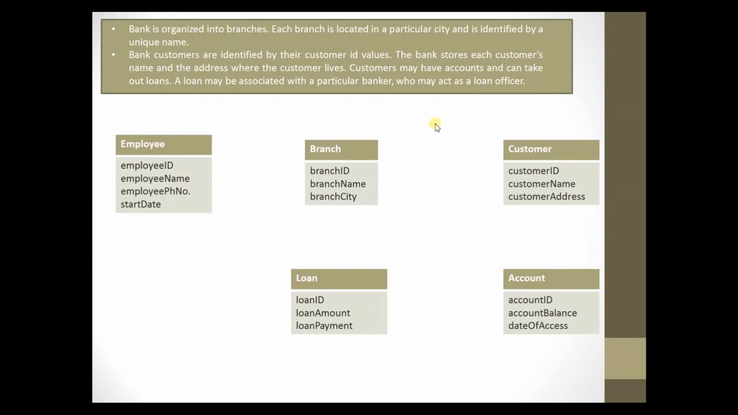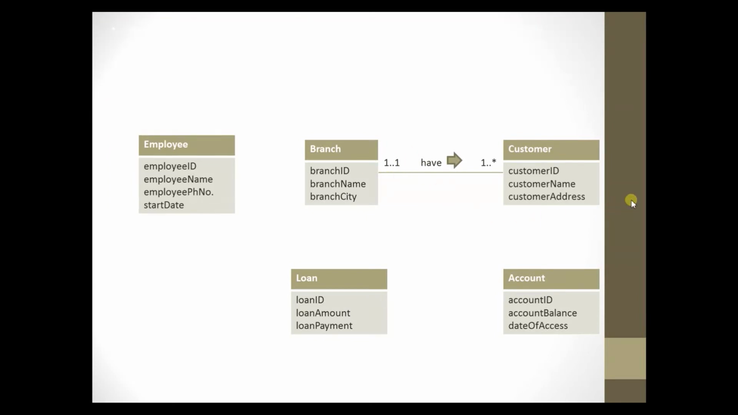So for now, we have to identify the relationship between branch and customer. So this is the relationship. A branch has many customers, and a customer can go to one branch only. Okay, so the next is